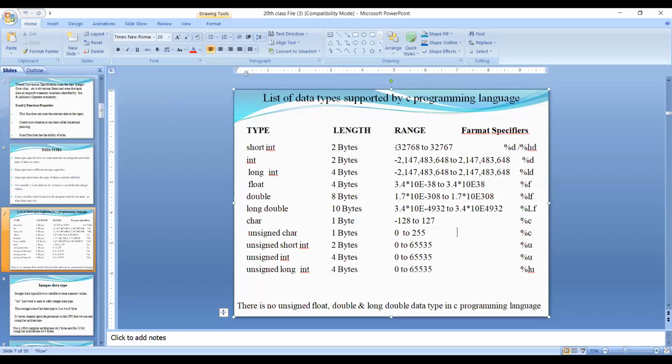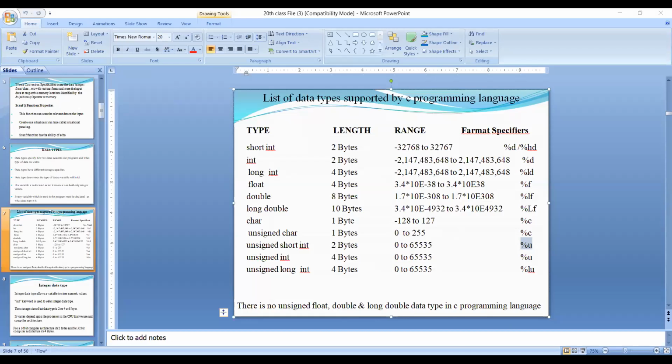Suppose if you add these two, 32,768 plus 32,767, that is the unsigned integer range. Now, if you want to print unsigned integer values, we will use the percentage U format specifier.